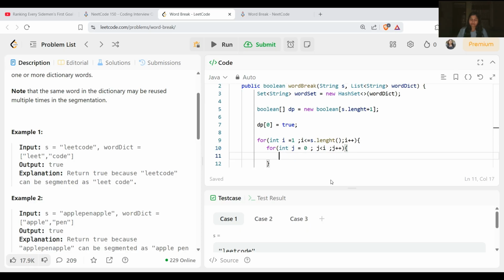Now we have to put a condition: for the segment from j to i, whatever its length, we will check whether the segment is present in the dictionary or not.